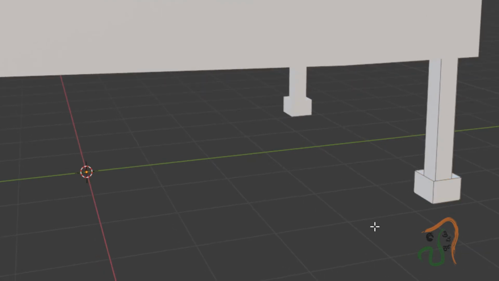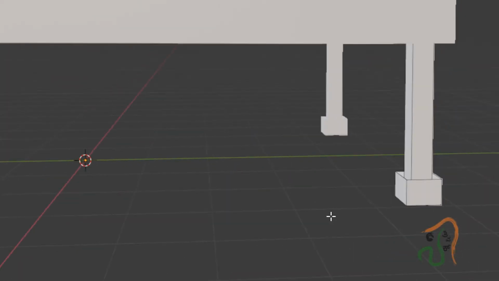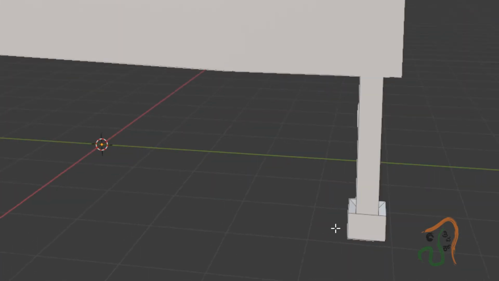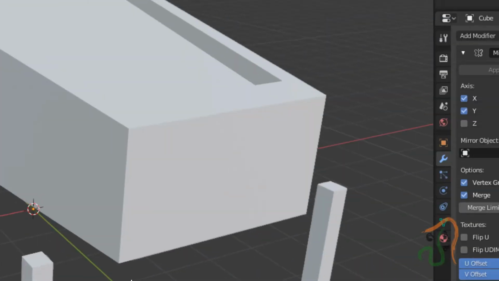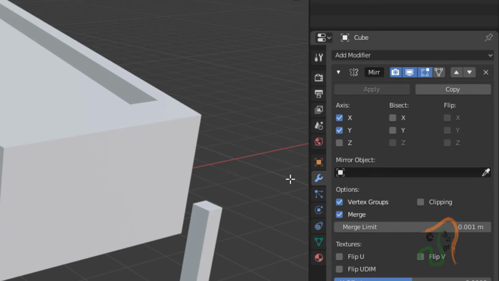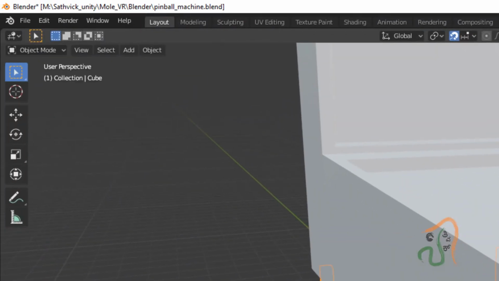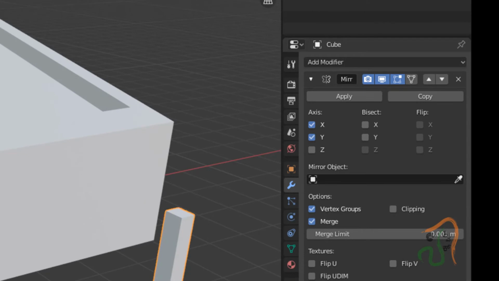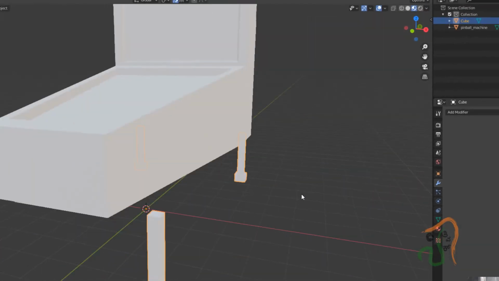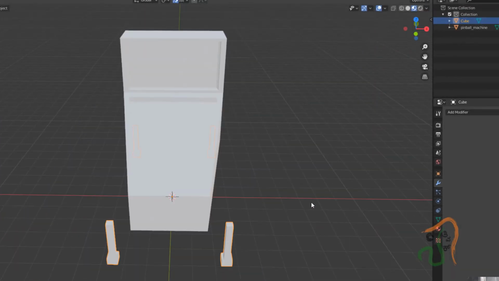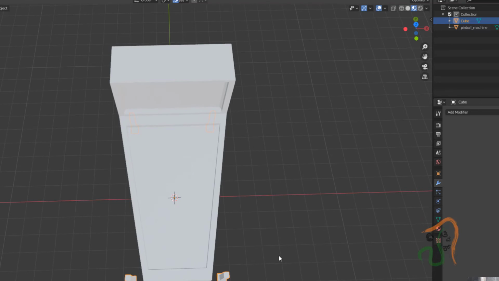So we have all the 4 legs placed over here. After this, come back to object mode, with the leg selected, and click apply. So now when you apply, all the 4 cubes are applied.